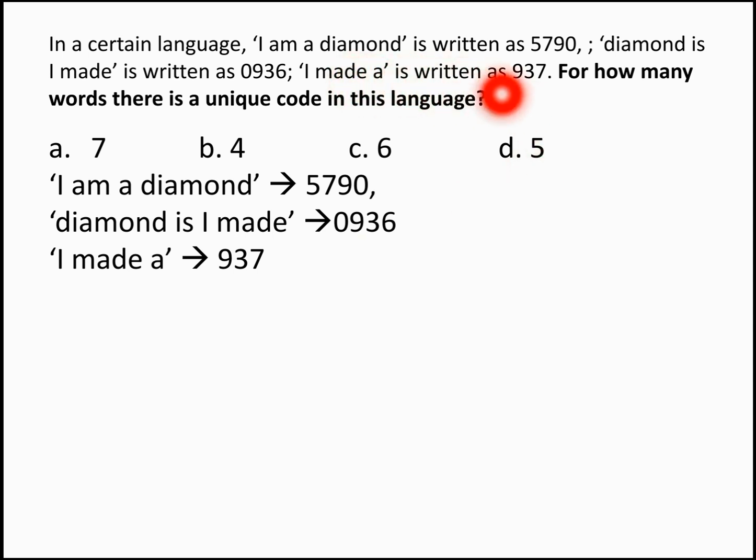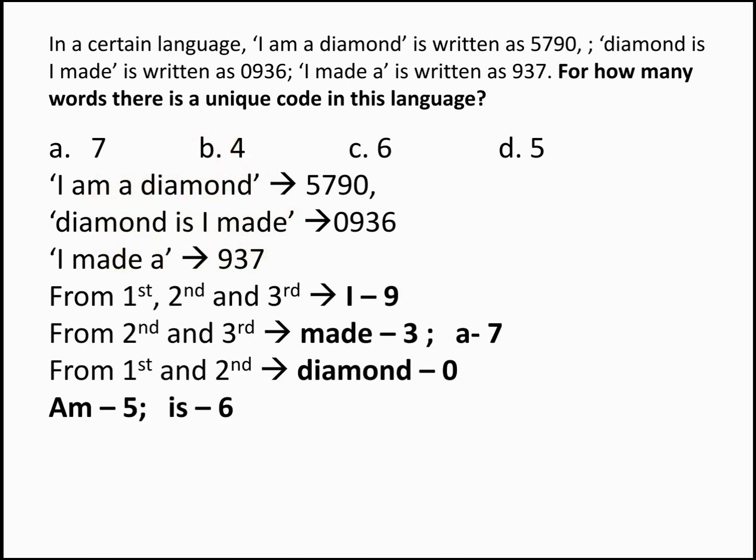For the same coding question, for how many words is there a unique code in the language? As you can see, there are 1, 2, 3, 4, 5 and 6. There are totally 6 words and other words are repeated. So I, am, a, diamond, is and made. There are totally 6 words, and since we have got a unique code for all the 6 words, the answer